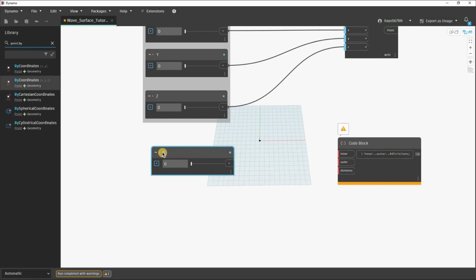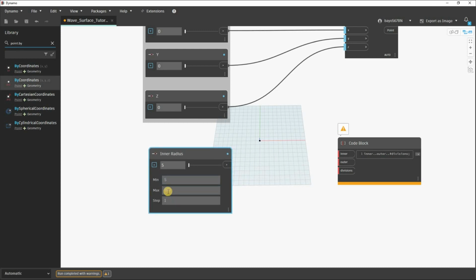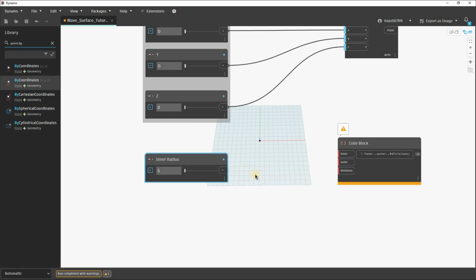All right, so what I'm going to do here is double click with my left mouse button and say inner radius, right? But I don't want the radius to be less than, let's say, 5, or else the circle is going to collapse if it's less than 1. So I'm just going to make a minimum of 5 there, and the maximum 100. That's fine. I'm going to copy this again, Control C, Control V. Now say outer radius,